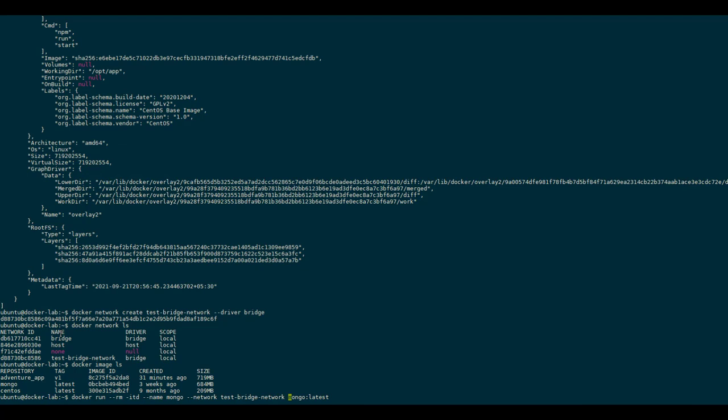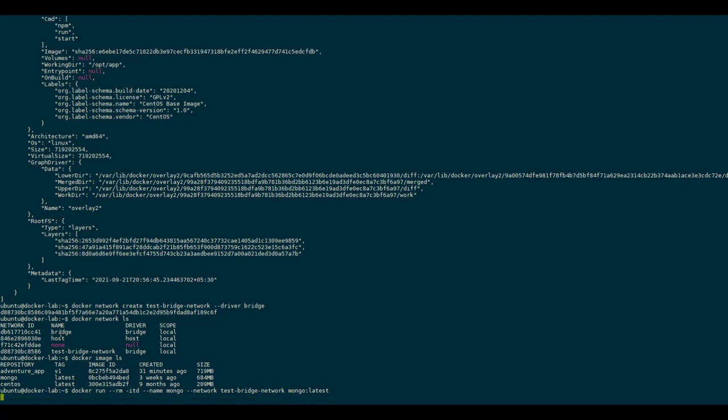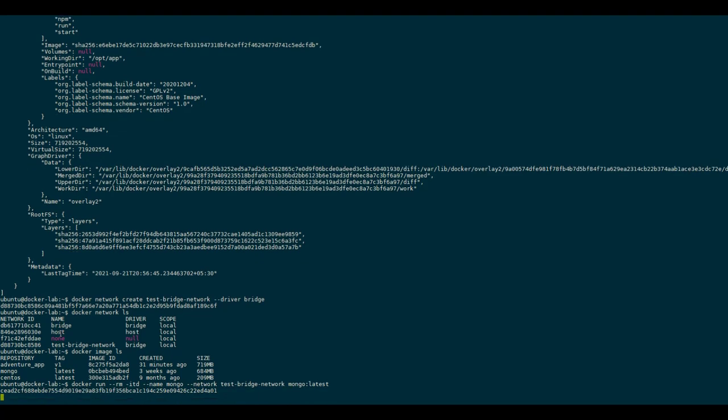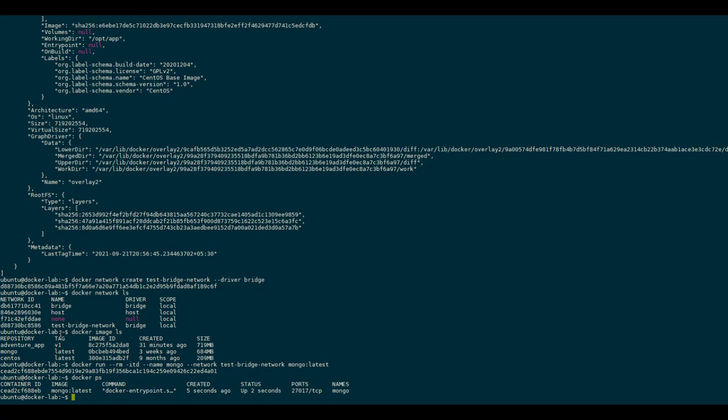So this should create our mongo container and it should be up and running. Our container is up and running and it uses the default port 27017.